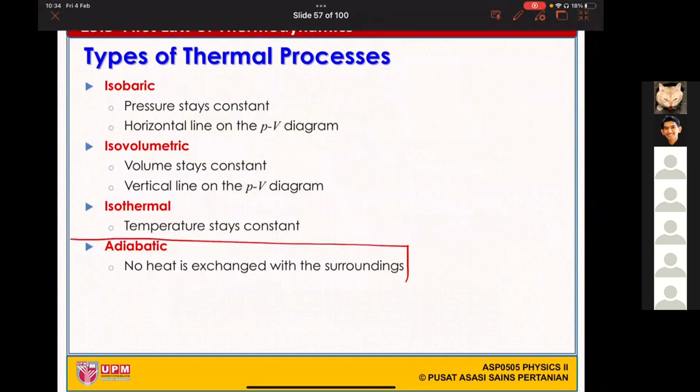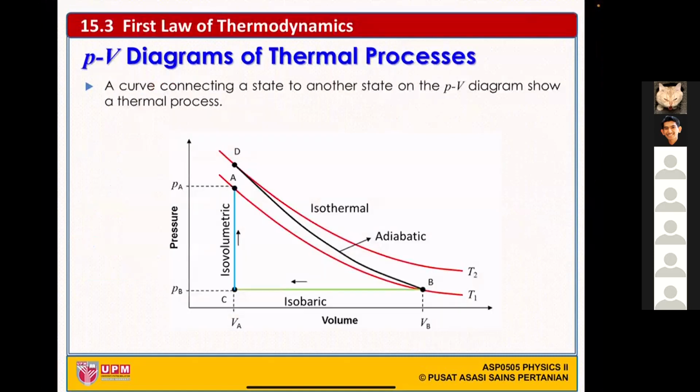If we look at the definition of adiabatic, no heat is exchanged with the surroundings. It means that when a thermodynamic process happens, there is no change in heat. The change in Q is equal to 0. From the concept of the PV diagram, if we draw a PV diagram, we follow Boyle's law. Boyle's law says that